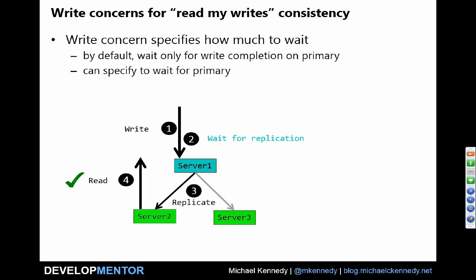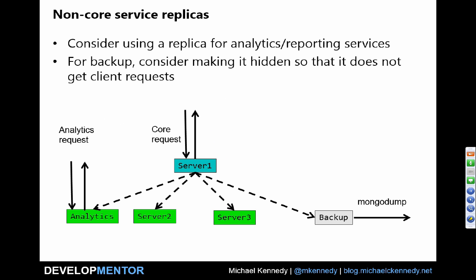It would look like the data you just saved wasn't saved, which is a problem. So MongoDB has this way to say wait for replication to a certain number of servers. Here you could say wait until, when I write this data, don't tell me it's written until I basically have written it to 3 servers, which is all servers, right? And then you're going to wait, it's going to replicate, and then this will redirect over here, and you'll be good. All right, so you can use this wait for replication flag with the right number of servers to sort of do read my writes level consistency. That's pretty interesting. Let me show you one final thing.